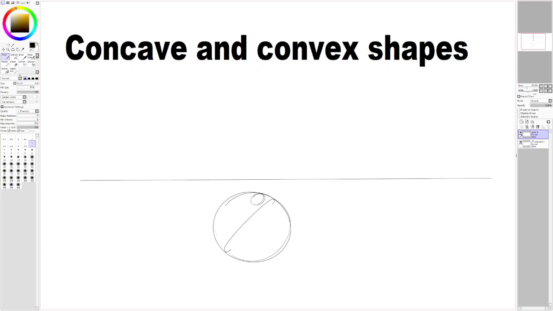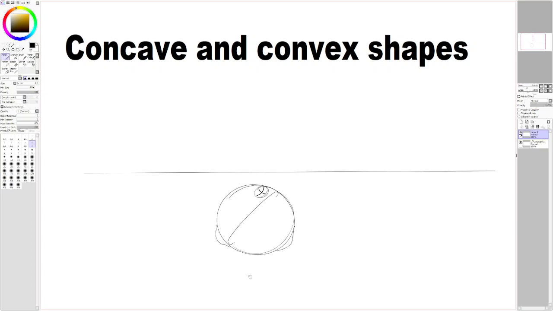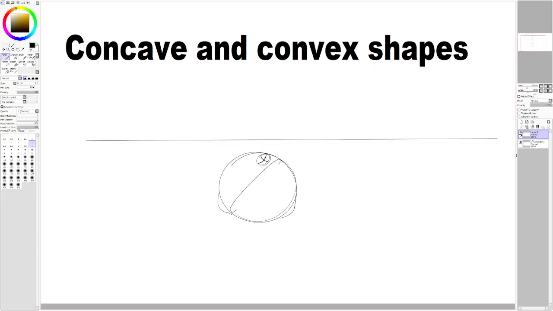So basically, you could think of it as if we scooped a chunk out of the ball. Like, let's say the ball was ice cream, right? So if it was ice cream, it would kind of be like that. And an ice cream cone kind of has this, kind of